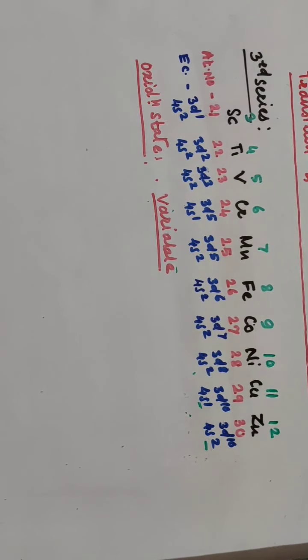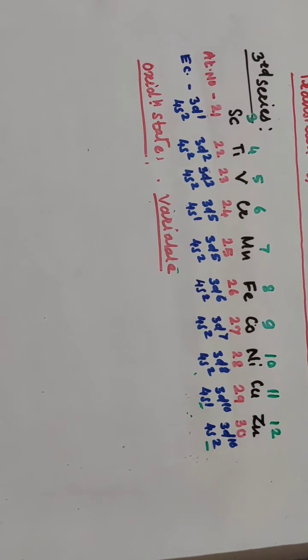Why? Because with s orbital, the d electron also participates in the bond formation, as the energy difference between s and d is very small, almost same. The energy difference between s and d orbital is almost same or very negligible, and hence the d electron can also participate in the bond formation, and so the transition element can show the variable oxidation states here.